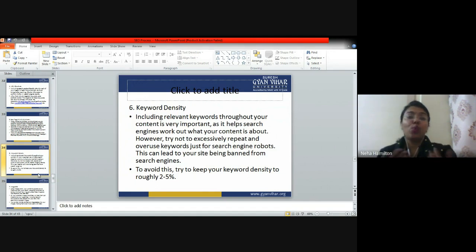You do not have to overload your content with keywords and at the same time underload your content with keywords, but you have to use 2 to 5% of keywords in your total content. For example, the keyword in your content is Olympics, right? So if your paragraph has 100 words, you do not have to use Olympics more than 5 times or less than 2 times, right? So this is what it means.